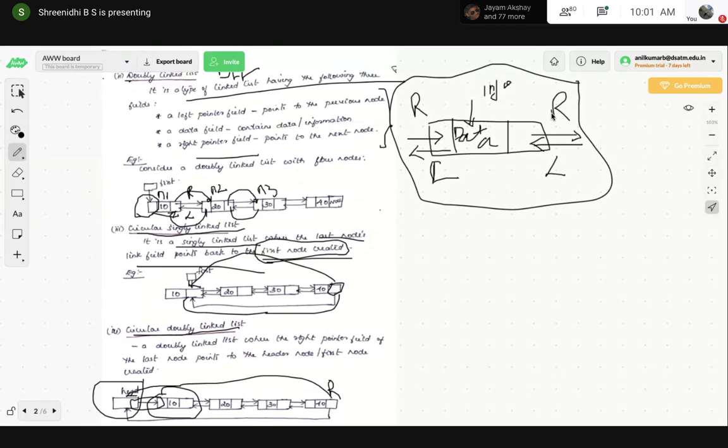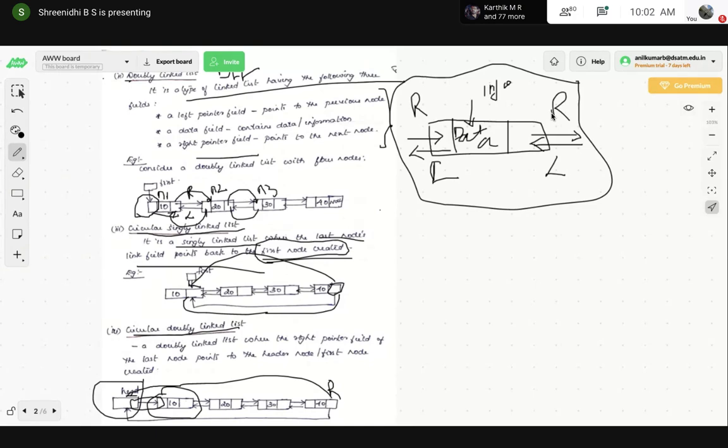So in a circular fashion, it will be connected. That's why we create both a left link as well as a right link for the circular list only, not for the simple singly linked list. I'll explain that in the coding part while executing. You will come to know that.